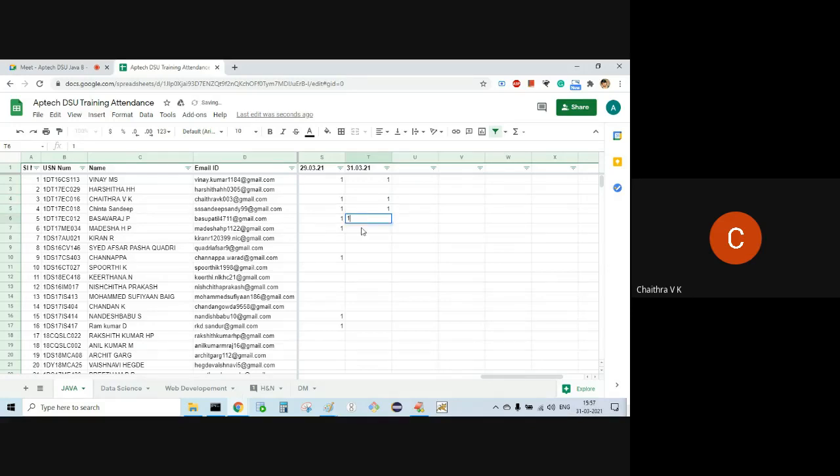Suraj, Madesha, Kiran, Syed Afsar Pasha, Chanapa, present sir.